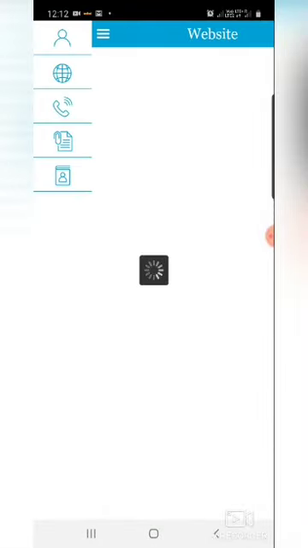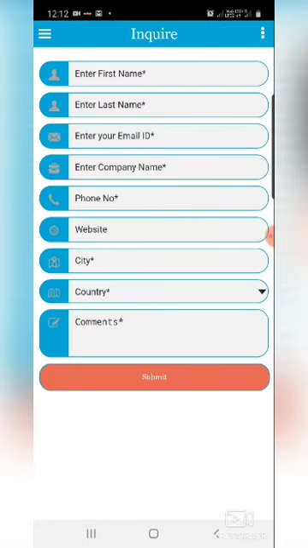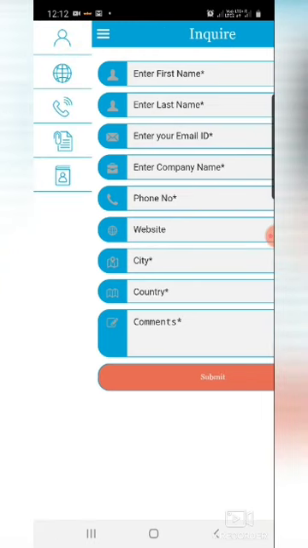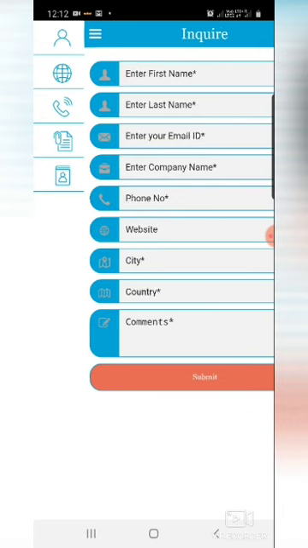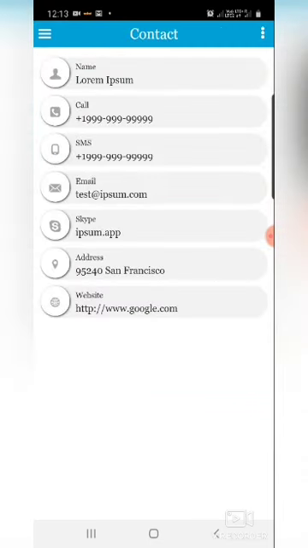This is the inquiry form. If anybody wants to inquire about you, they can fill in the inquiry and submit, and then you can follow up. The last is the contacts. Here you can edit your contact details: firm name, contact number, SMS, email ID, Skype, address and website. Whatever change you make here will be implemented in your application.